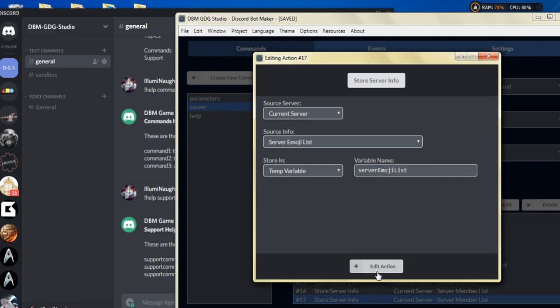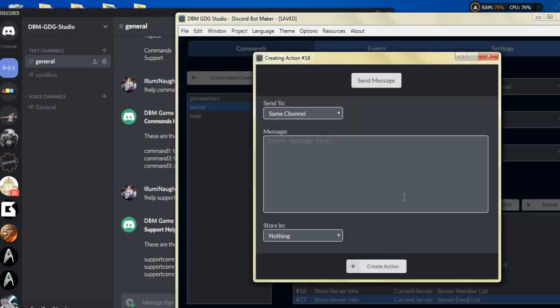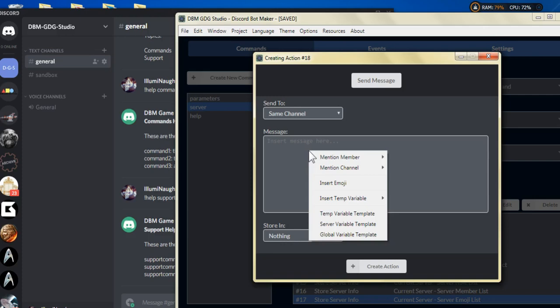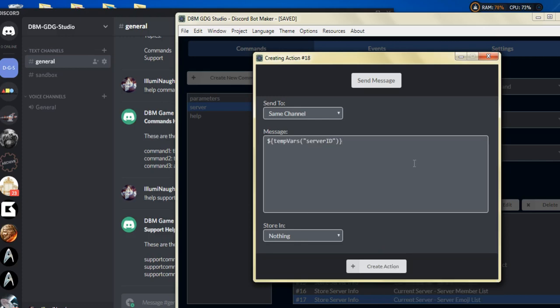Okay, so now that we have pretty much all the server data that we want to store in this server command, all that's left to do is create a send message. And from here, if you right click and select insert temp variable, you can see all the temporary variables we created with the store server info action command. So you can see we can just go ahead and put the server ID,